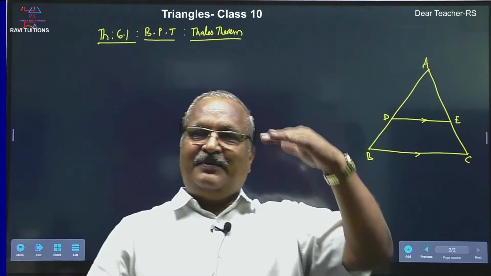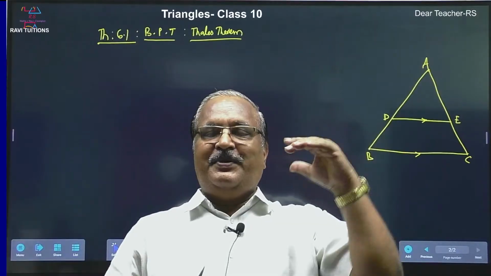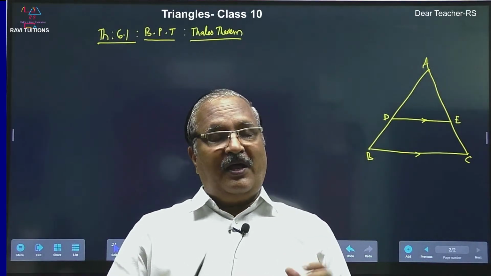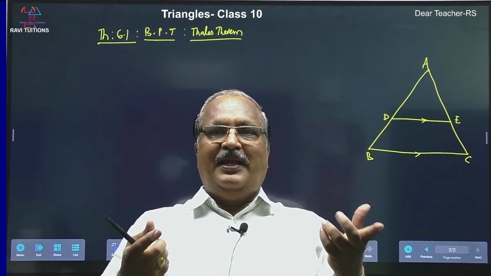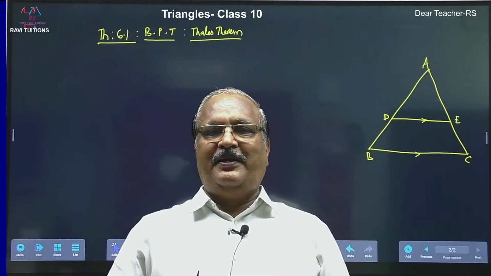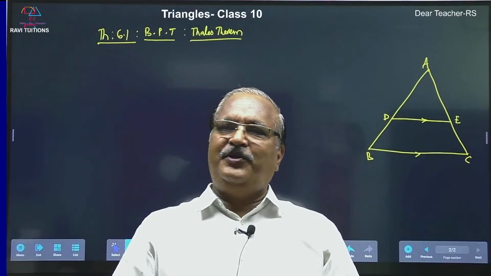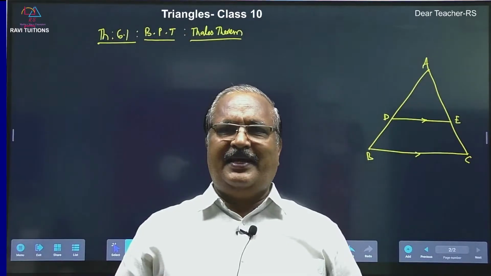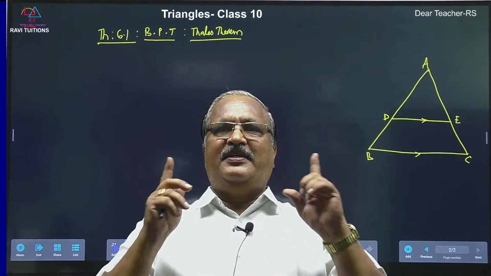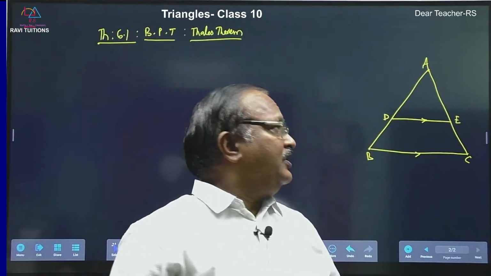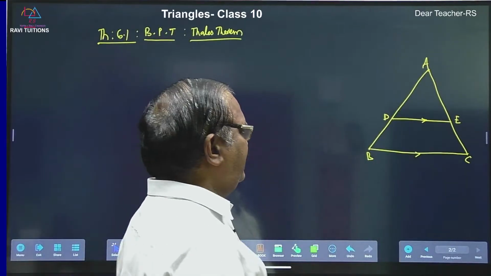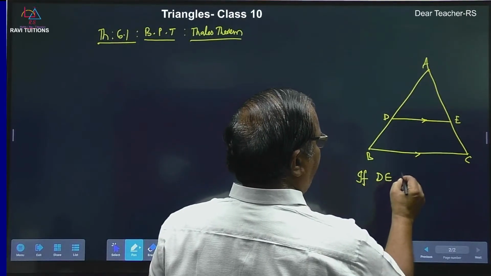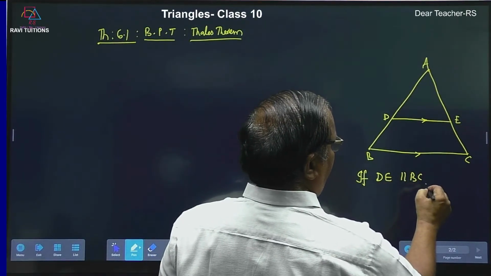Start with the statement, and after that remember one by one, right? If you listen carefully to my statement, you will automatically remember. In a triangle, the line parallel to one side divides the other 2 sides in the same ratio. So what is the same ratio? Here I will write in short. If DE is parallel to BC, then